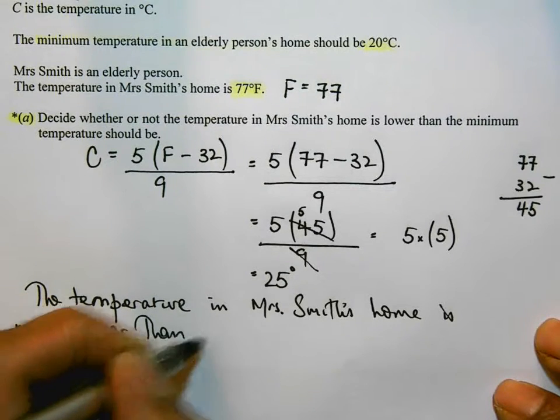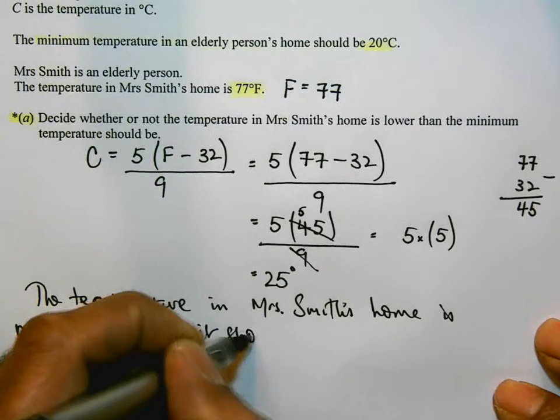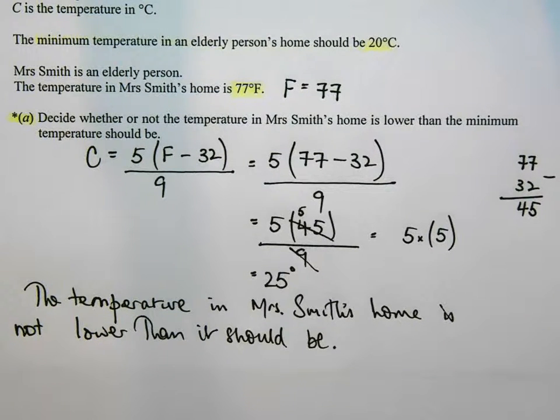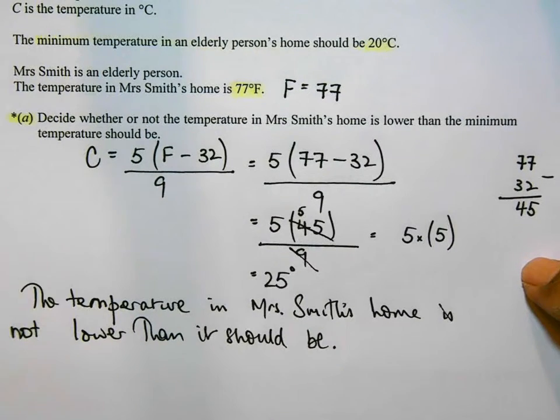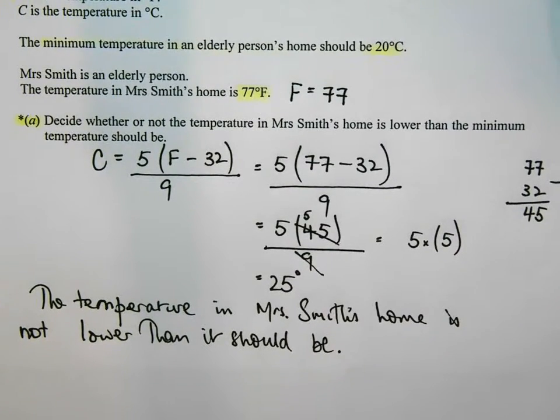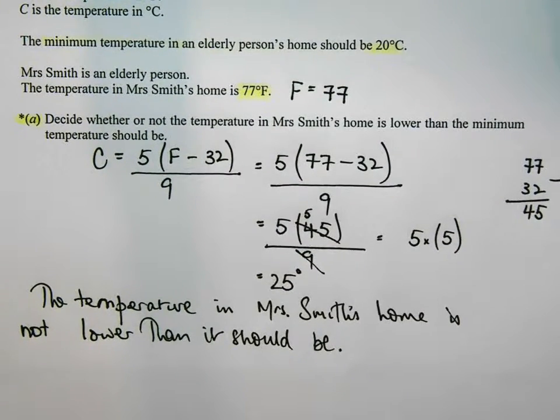than it should be. Okay, you could say that it's higher than it should be. You could say it's not lower than it should be, right? But as long as you interpret what the temperature is and make sure you give an accurate interpretation and write a sentence at the end, you will pick up that final mark. Okay, so there's 3 marks for that. Make sure you can do it. Looking at part B